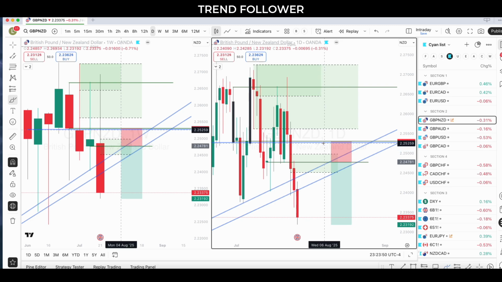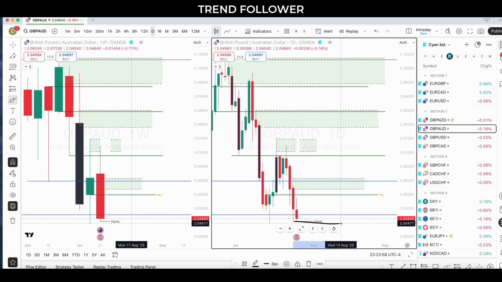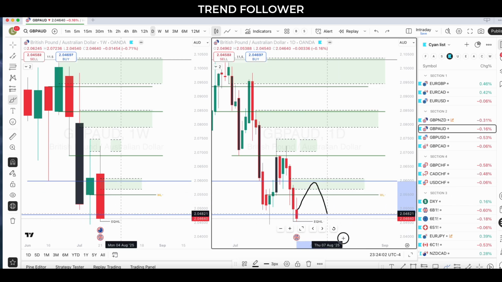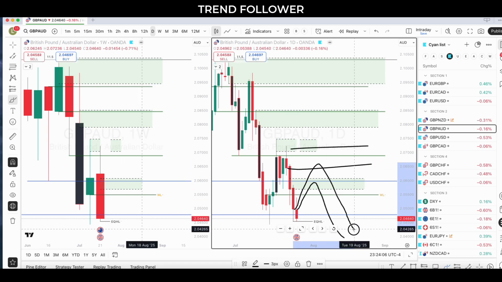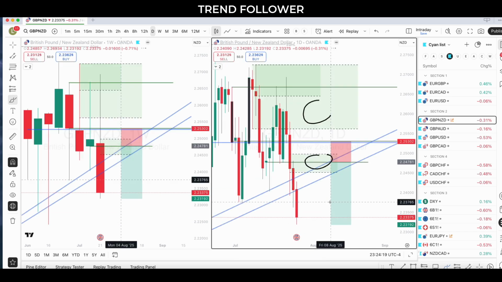GBPNZD, I wanted to come in this area, either in this area or in this area. Why I'm really interested in this is you see AUD has equal highs, equal lows, right? So I think there is a possibility you see something like this, or you see something like this. So again, I would like to see GBP really weak and see if there is any confluence or combinations that happen. But this would be the name I would be focusing on.